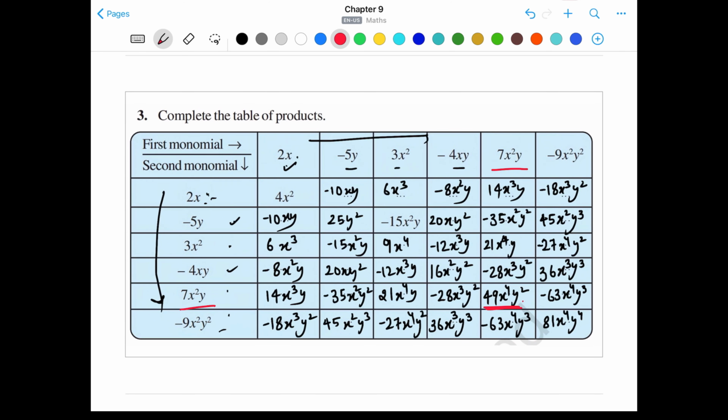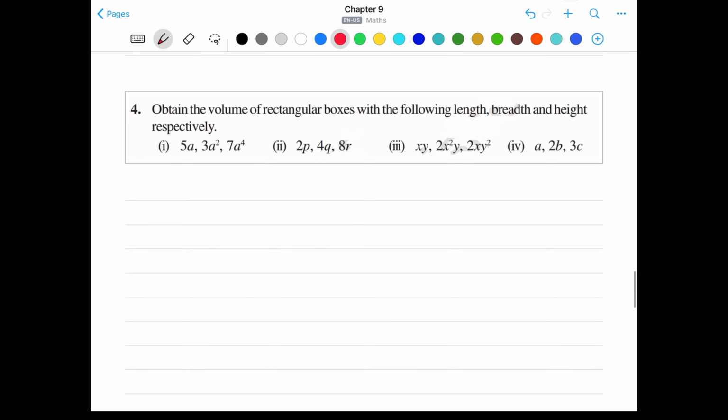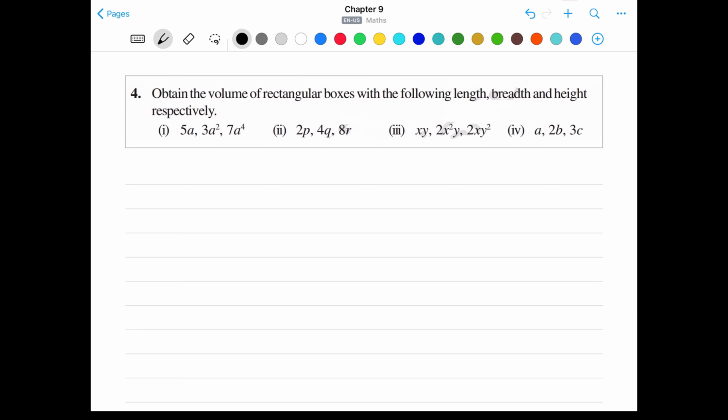Okay, now let's move to question number 4, which is obtain the volume of rectangular box with the following length, breadth and height respectively. So we are given the length, breadth and height of the rectangular boxes, and we are asked to calculate the volume here. Okay, so first we'll write that. Let's write the answer number 4. Okay, first we'll write, as we know,